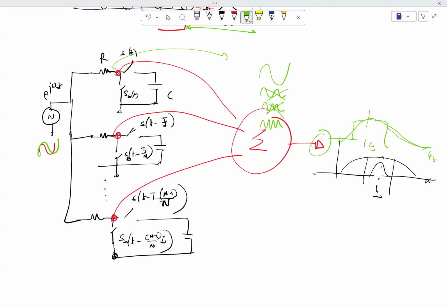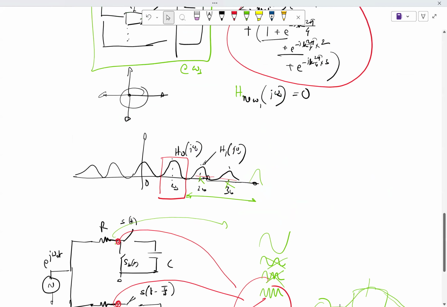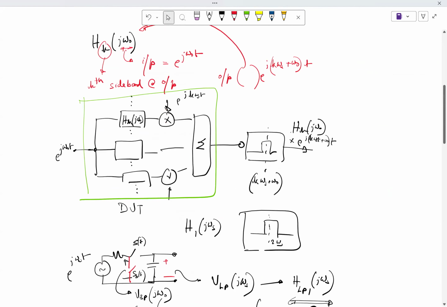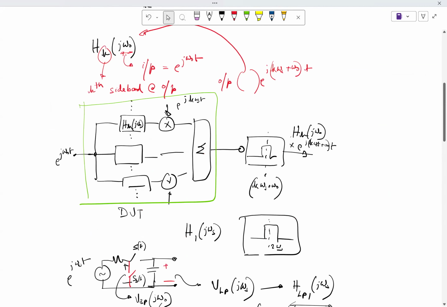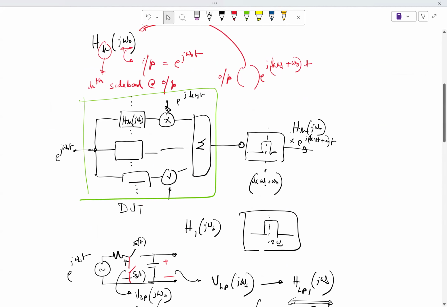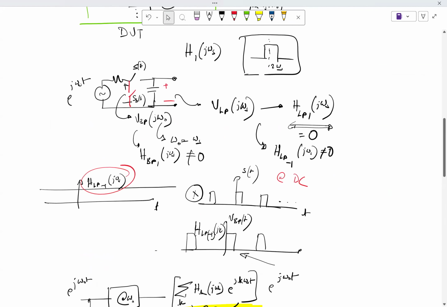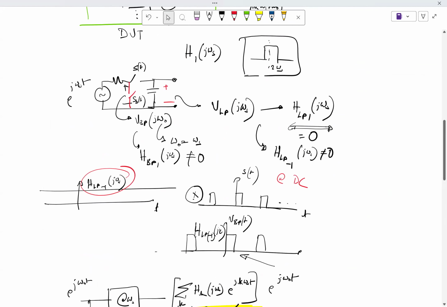We'll come to that. Note what we did. In the case of an RC time constant, this RC network, we said that H_LP,1 of j omega_s is 0, and H_LP,-1 of j omega is not equal to 0. This we said, right? So if we see,